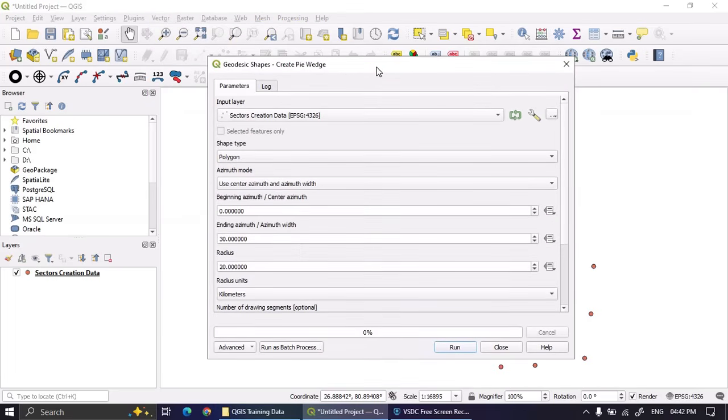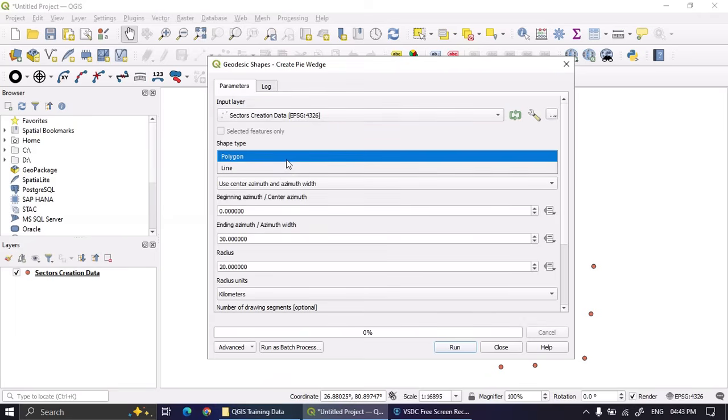Now this new window will appear here. So you have to ensure that whatever layers you want to select are here. If you have multiple layers already imported, there is a drop-down option and you have to select your desired tab file or the imported file. Definitely we are not creating a line, we are creating a polygon.